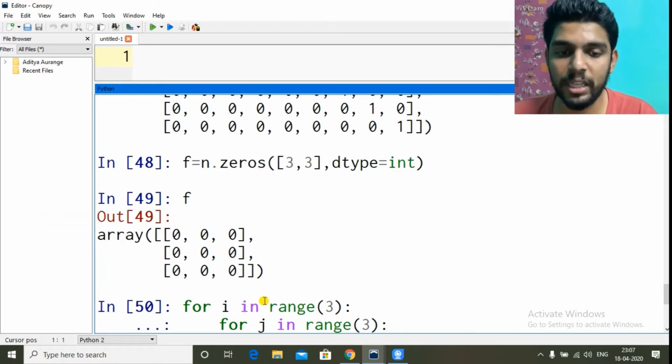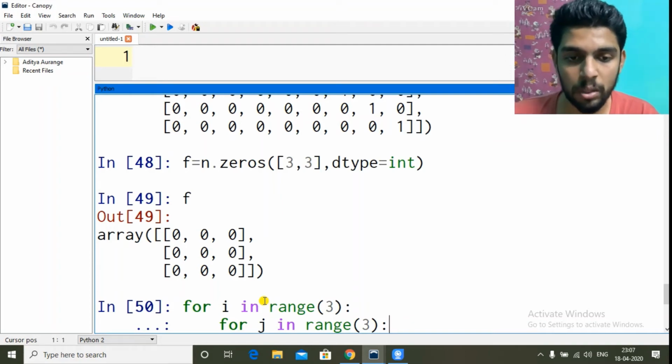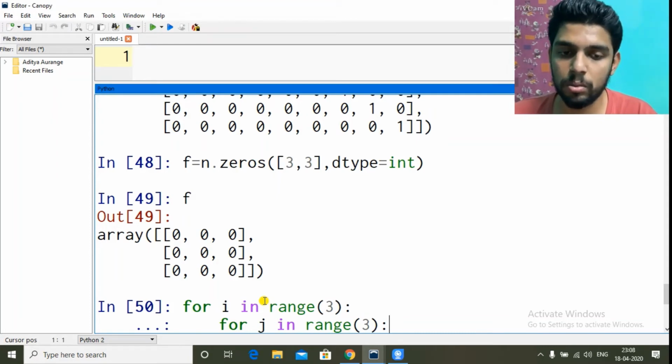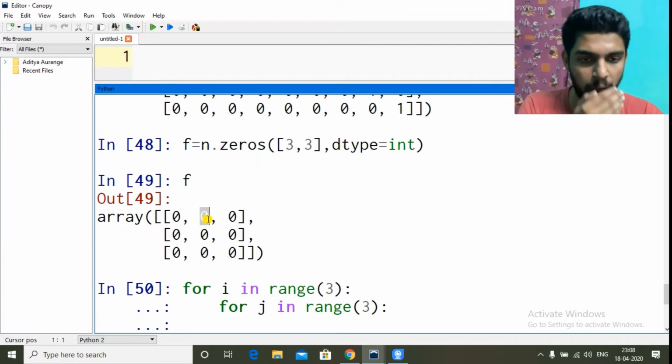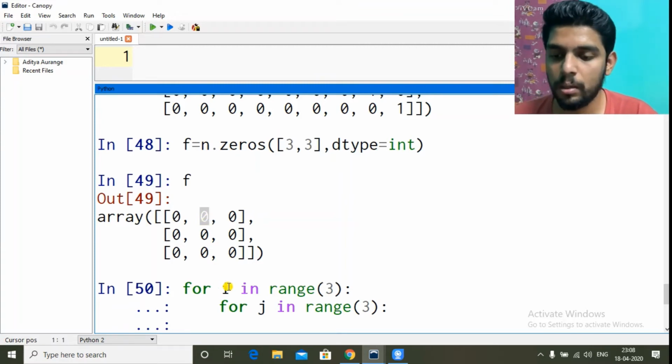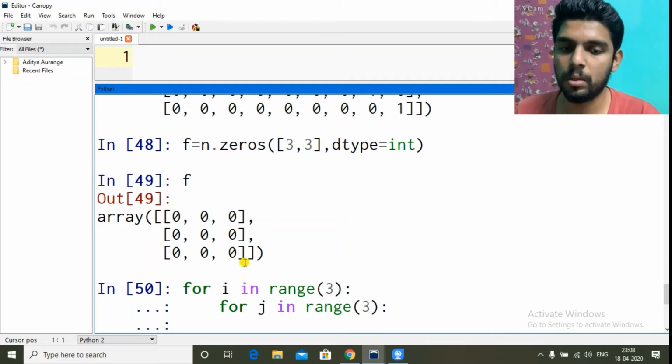In the range function, it starts from 0 and stops before 3. So 0, 1 and 2, it will take values for those only. The outer loop has i, so i will play the role of rows. The inner loop has j, so j will play the role of columns.